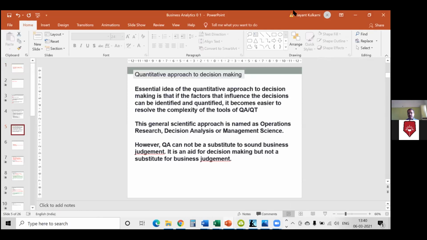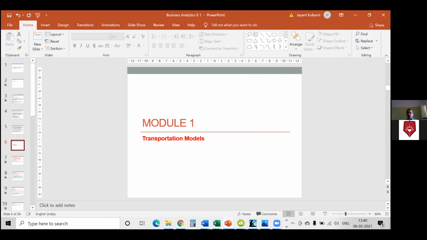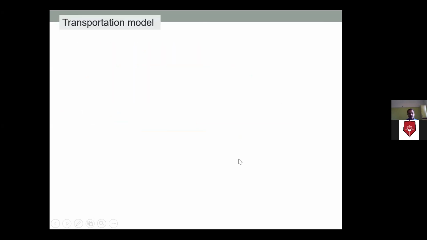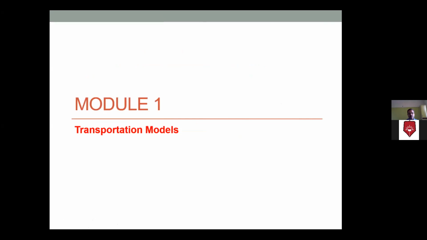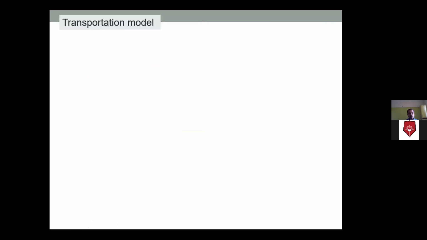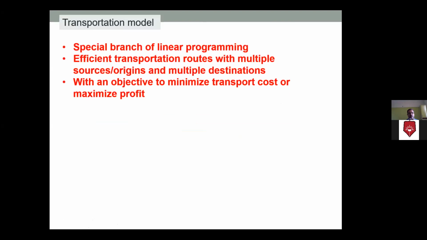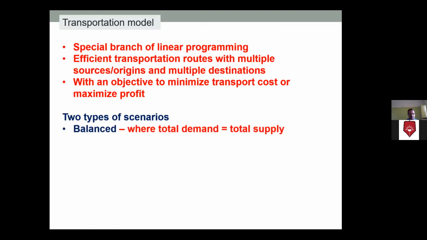Okay. In the next 5 minutes, I'm going to repeat what we have achieved today and what variations we have done, so that when you try to solve your assignments, that does not remain a problem for you. So for the transportation problem, we said we want to find the most effective solution, which is either to minimize the transport cost or to maximize the profit. So two types of scenarios.